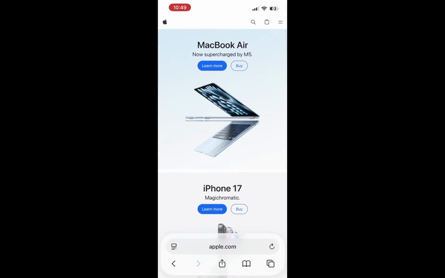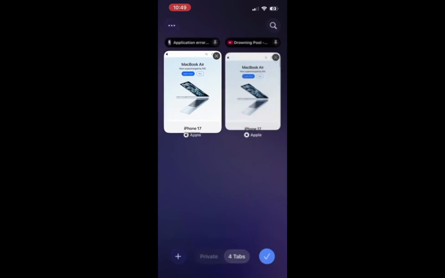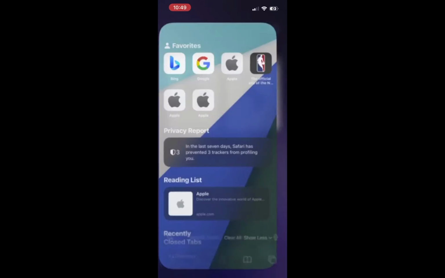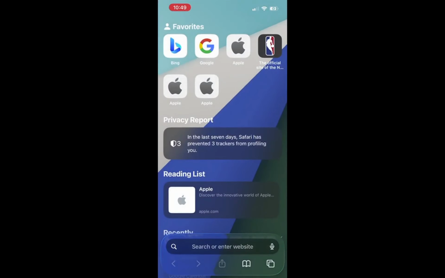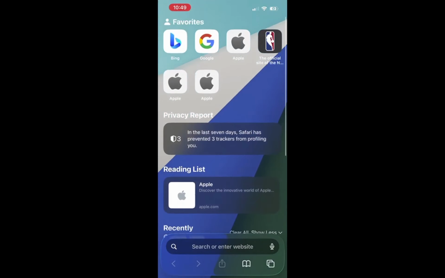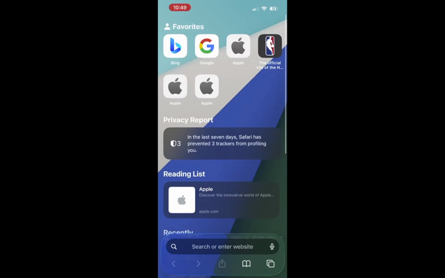Next, open a new tab to display the start page. You can do this by tapping the tab icon, which is usually located at the bottom right of the screen. Once you tap it, you will see a plus sign that indicates a new tab. Tapping this will take you to the start page where you can see your favorites and frequently visited sites. This is essential because the background customization is only available on this specific start page, not on the websites you